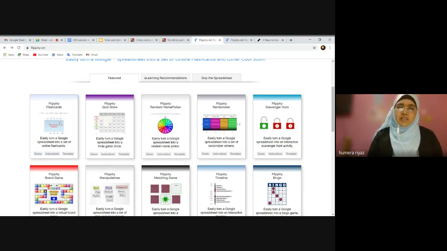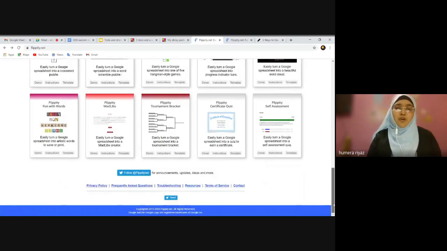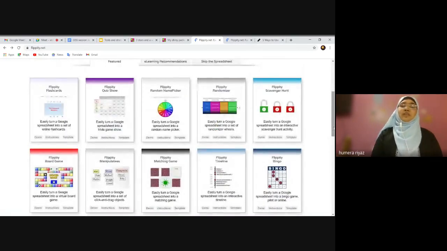In this Google Excel sheet, the teacher has created flashcards for students to be used in the class. Then second is quiz show, then Flippity randomizer, scavenger hunt, board games, manipulatives, matching games, bingo, timeline, and Flippity leaderboard. You can see there is a lot of variety over here. What we're going to explore here is the Flippity random name picker. There are three things given over here: demo, instructions, and template. If I click on demo,